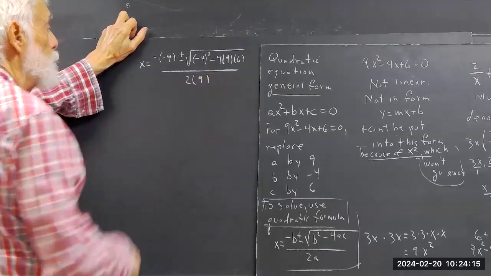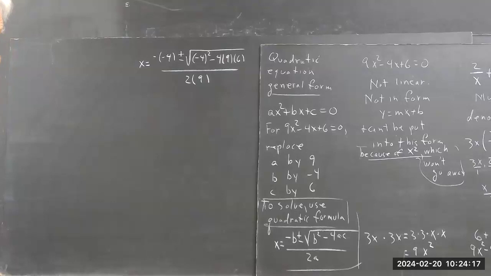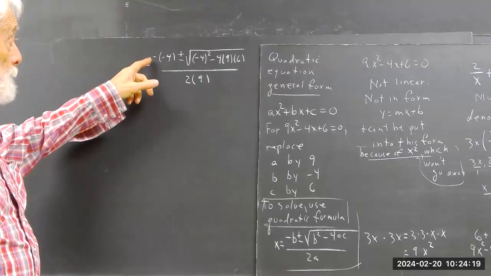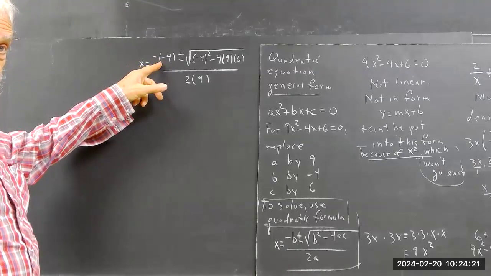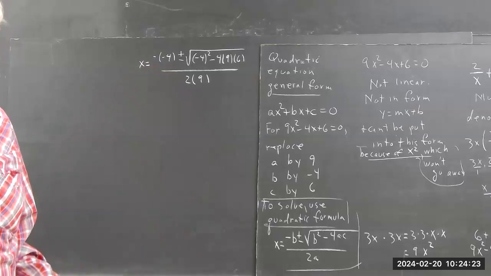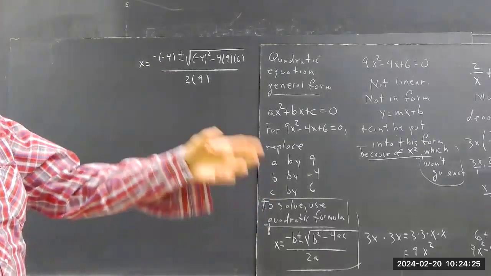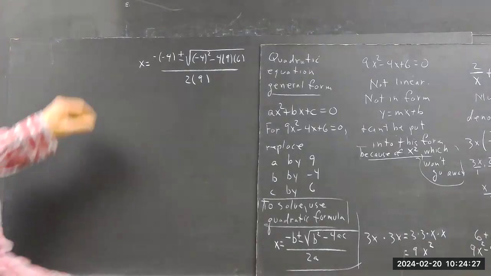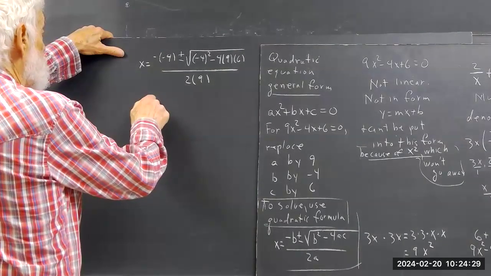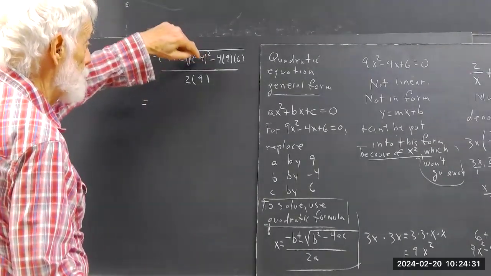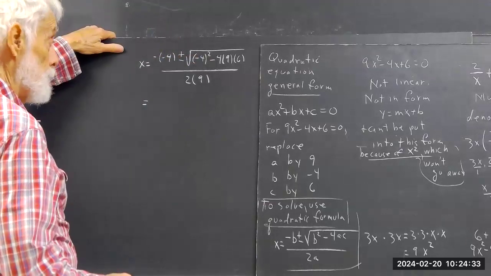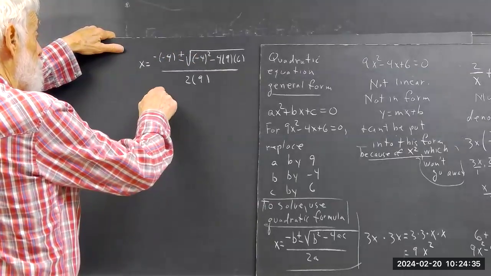And that's over 2 times 9. The two cautions: make sure you have the negative in front of whatever B is. So if B is negative, you're going to end up with a positive number there. And make sure you got parentheses around any negative number that you square. So we get 4